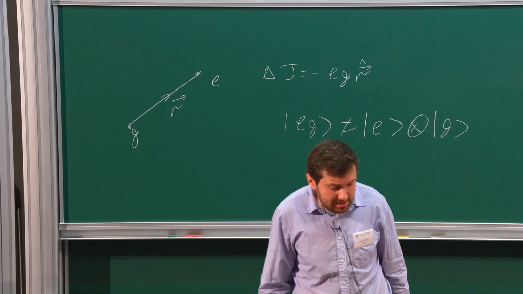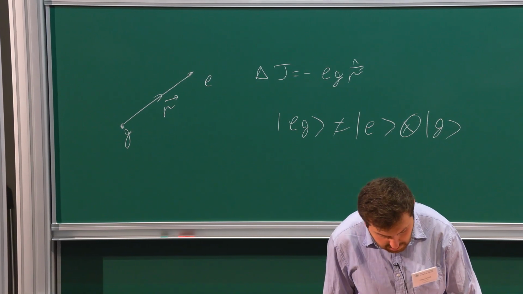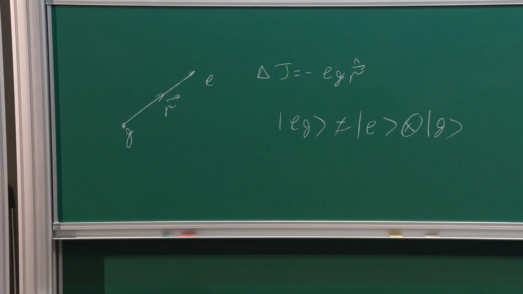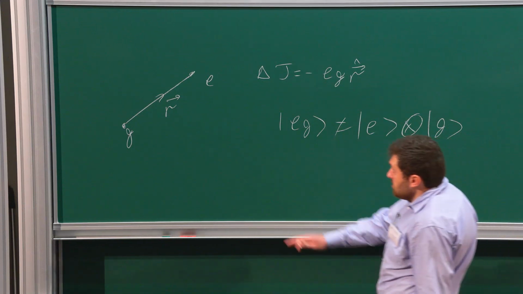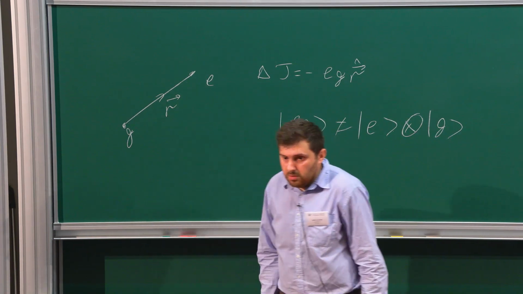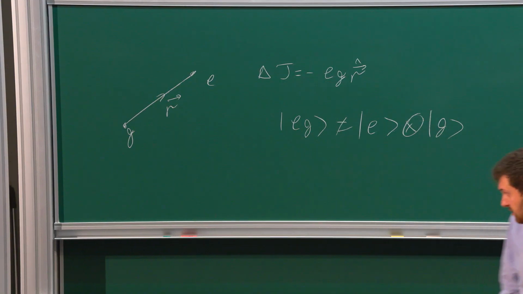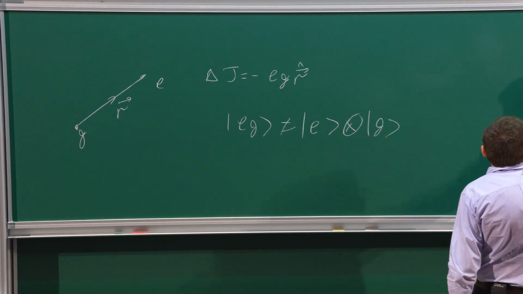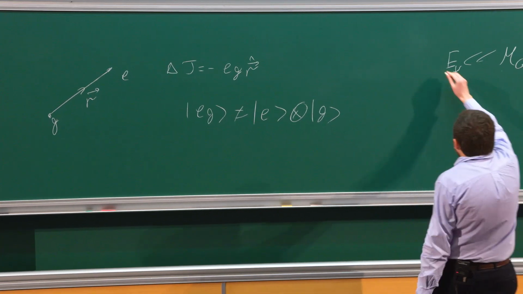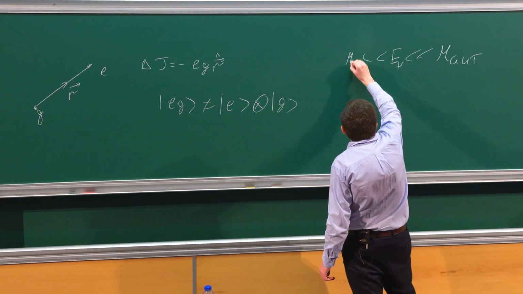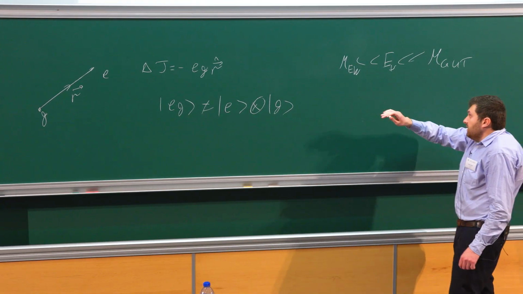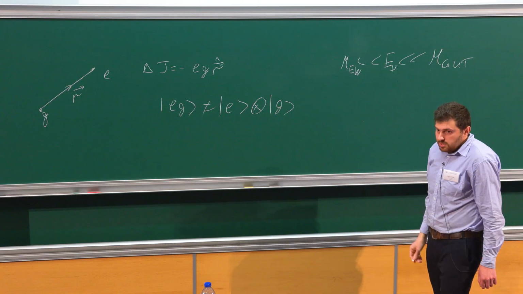I think this is itself a very interesting statement, but things become even more interesting when you ask the next trivial question. What happens if I scatter, let's say, a fermion on the magnetic monopole? Let me work in the following limits. I will consider a GUT monopole and a standard model fermion, which has energy much smaller than the GUT scale, but at the same time much larger than the electroweak scale, such that I can assume the monopole to be point-like, and I can assume the fermion to be massless.